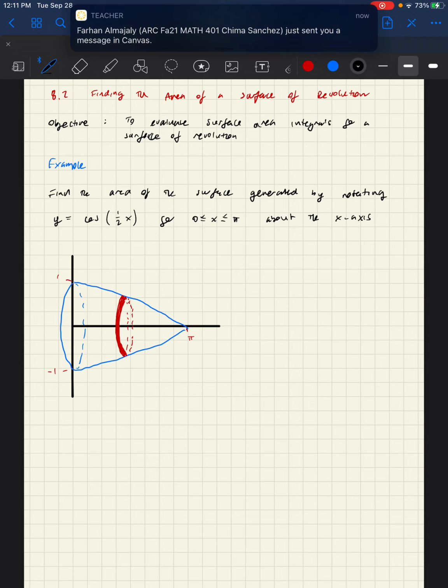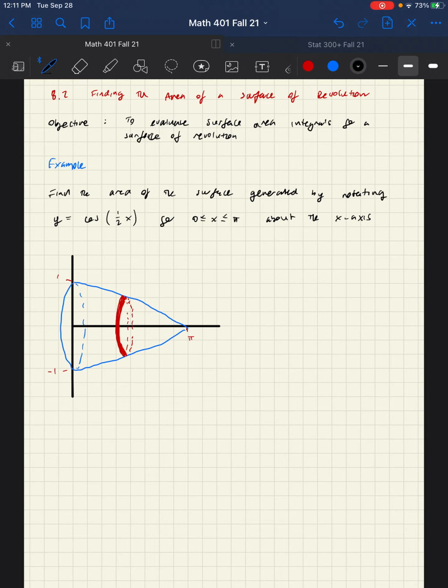This is the second video for section 8.2, area of a surface of revolution, and in this video we're actually going to find the area of a surface of revolution. So we're going to evaluate surface area integrals, and this is a very example-driven video, so we're going to be doing a handful of examples that illustrate